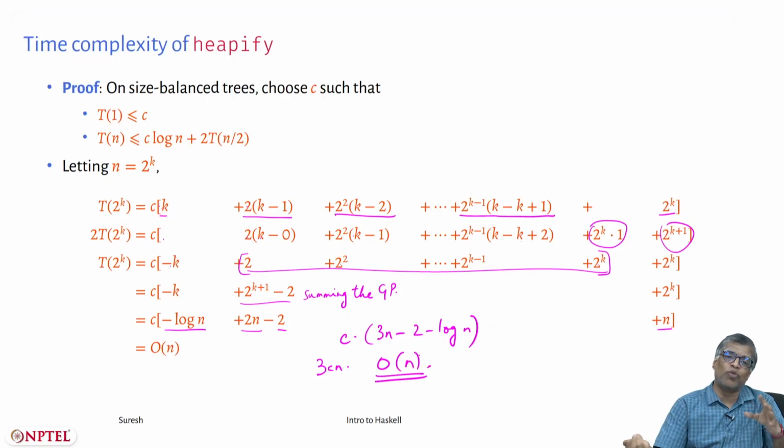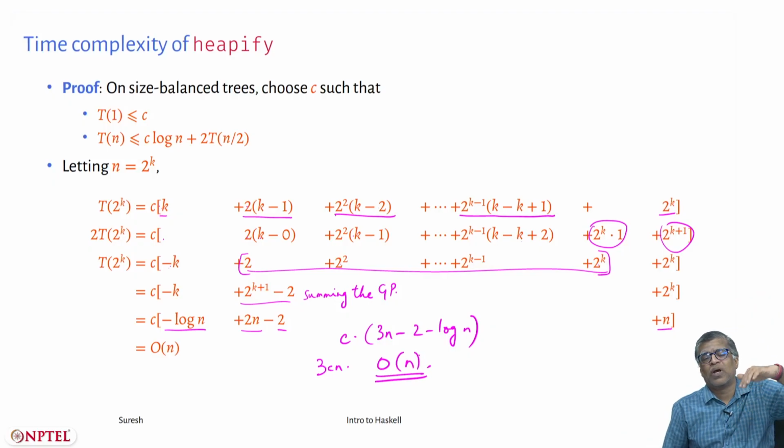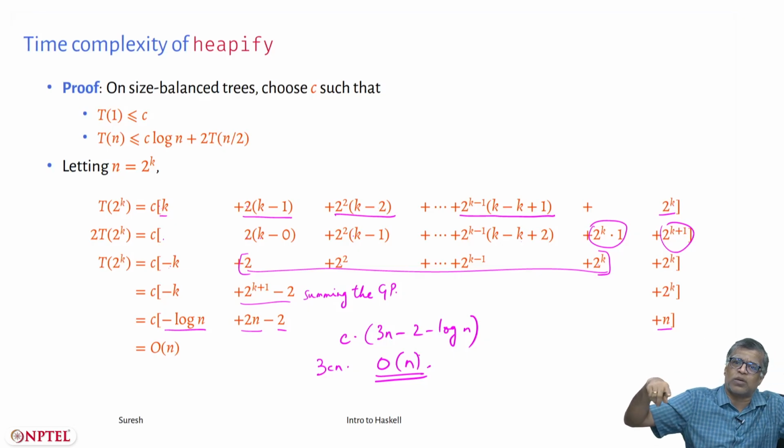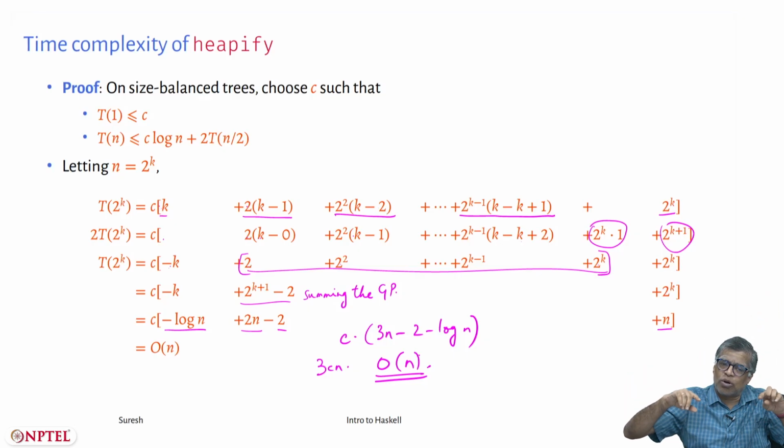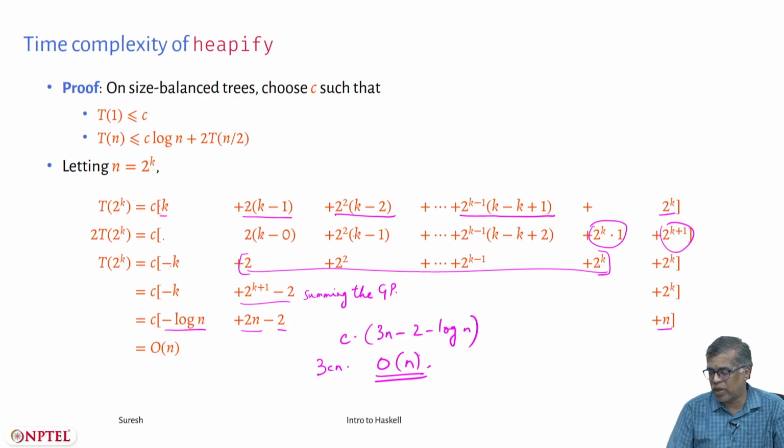So, this is beautiful. I am shifting down, I have to recursively do heapify on the subtrees and then shift the topmost element down. But still overall because of this calculation, your recurrence is 2T(n/2) plus log n, but even that turns out to be order n. Okay. So, this is the main point, and this was all just some high school math. You have to recognize some patterns and do some high school math, that is all you need to do in this. Okay, great. So, I have the time complexity of heapify.